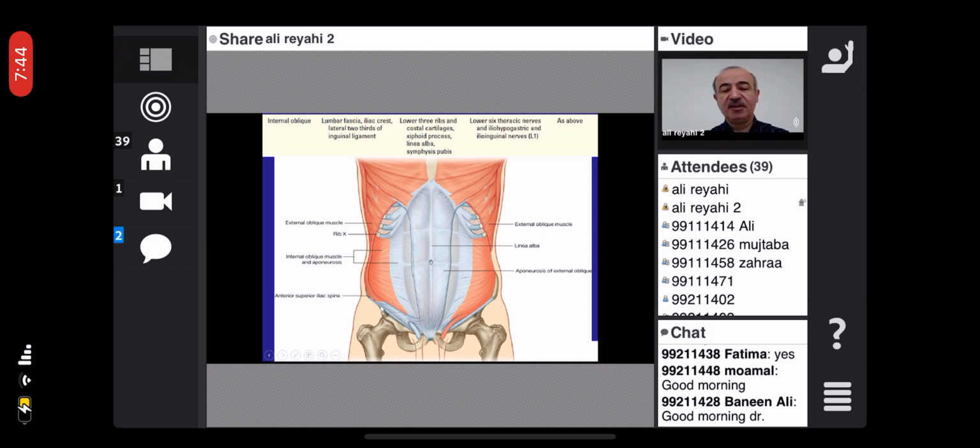Okay, some muscle fibers of internal oblique pass in front of the inguinal canal, and then turn upward and backward of the inguinal canal, and finally this